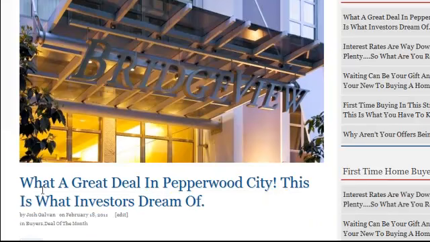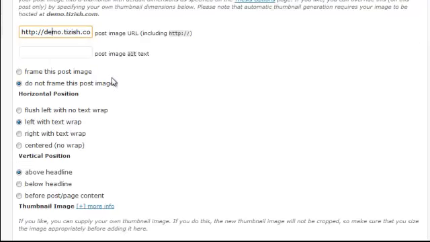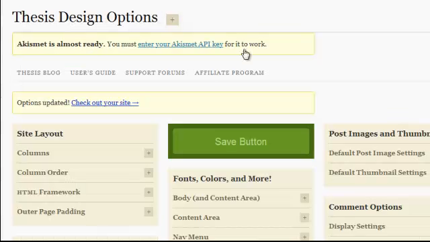You see here how it's above the headline. Well, in your posting section, you have your options here for positioning. Do you want to put it left? Do you want to put it left with text wrap? Do you want to put it right with text wrap? Do you want it centered horizontally, and then vertically, above the headline, below the headline, or before the post page and content? Well, now the default for these settings is also in the same section here in your design thesis